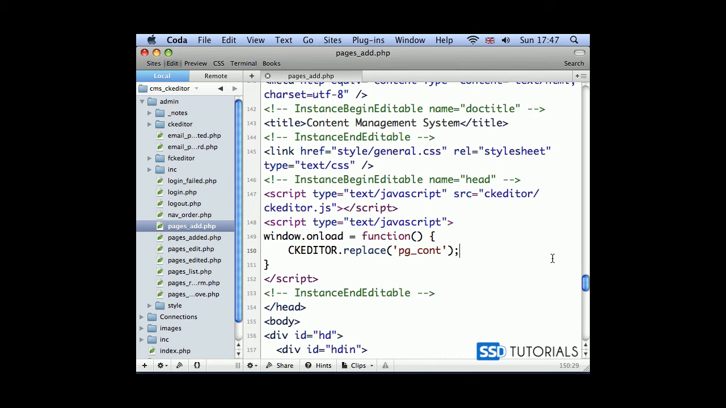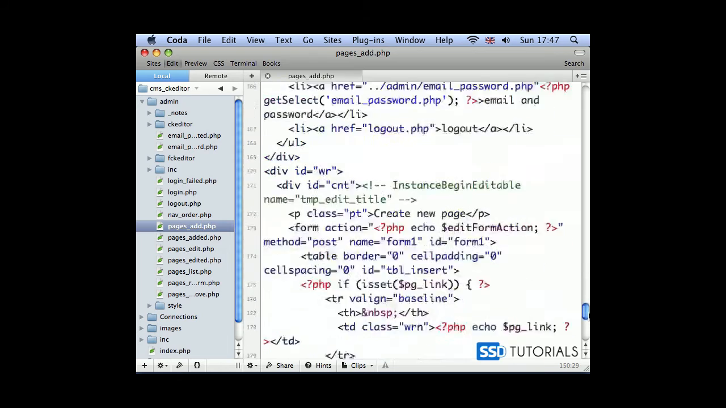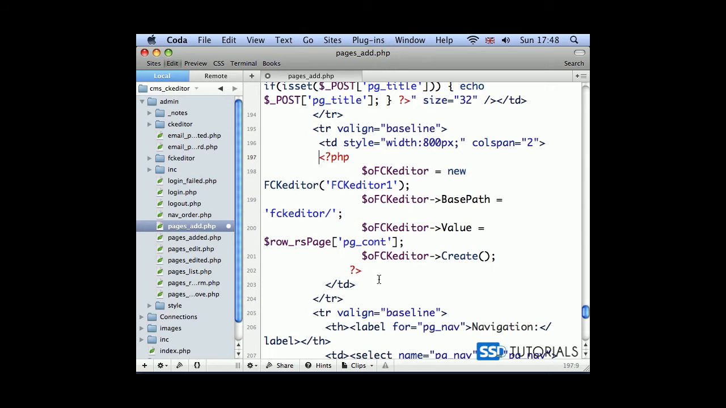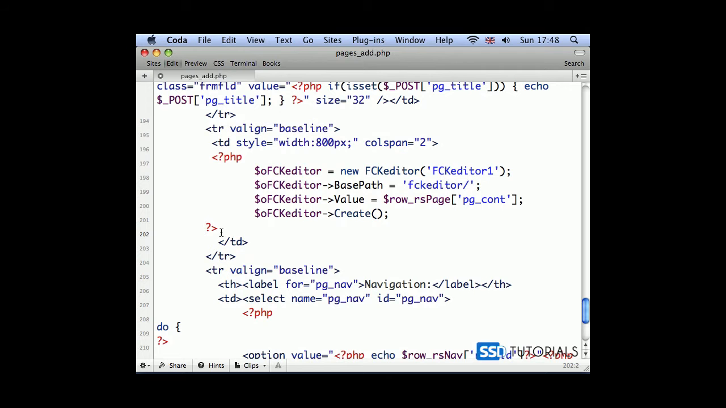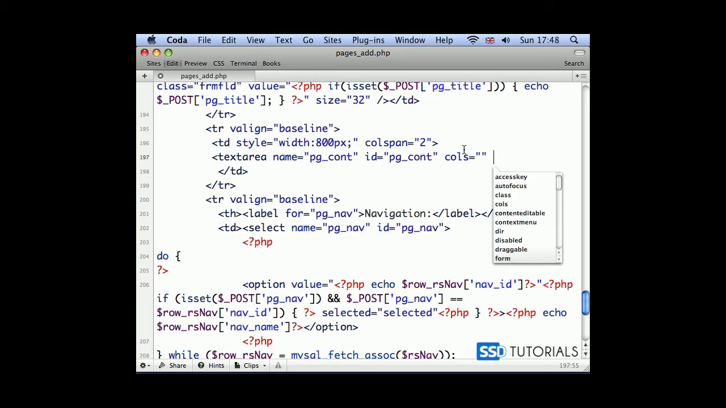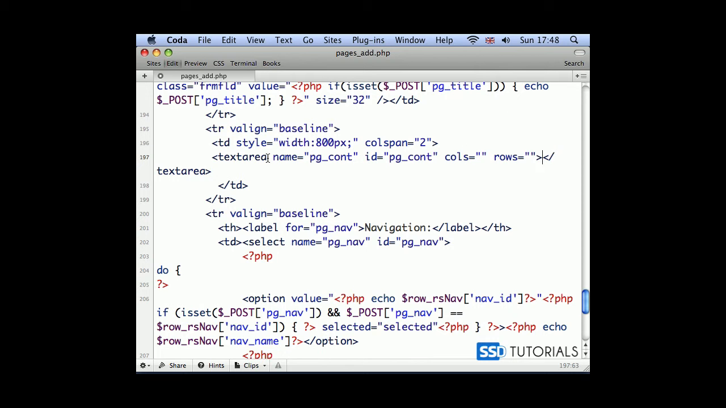Now what we need to do is scroll down to the line where we actually include CKEditor on the page, which is here, within this opening and closing PHP tag. I'm going to close the browser here so that we can see everything a little bit better. We're going to replace the entire block and put textarea name pg_cont, ID pg_cont, cols we leave blank, rows we leave blank as well, and inside of the opening and closing textarea tag,